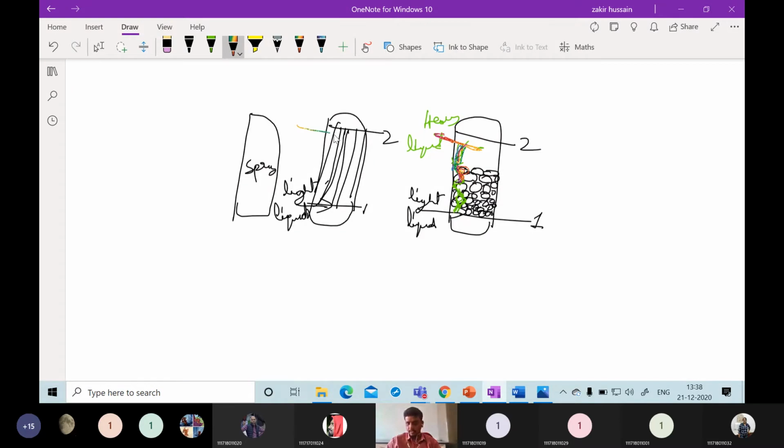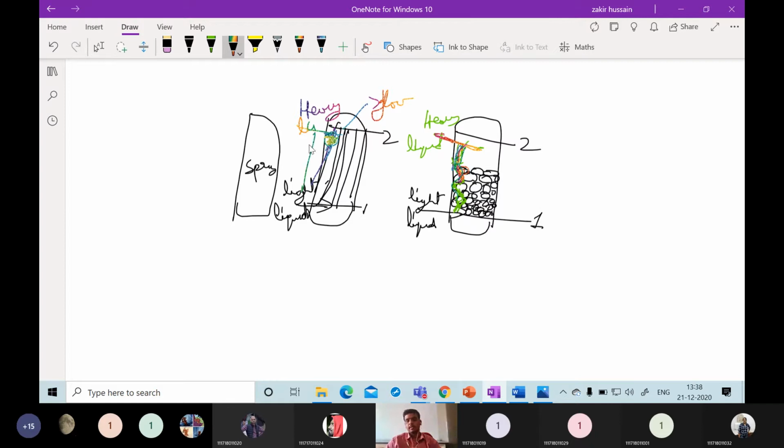Here, if you see heavy liquid, when you pour some heavy liquid, the heavy liquid has to mix with this one. So a straight path is there. The intimate contact between these two phases will be very limited, since there is no restriction and no tortuous path here. Because of the flow only, they have to mix on their own. Here, due to some openings, they have to mix. So the length will be increased.